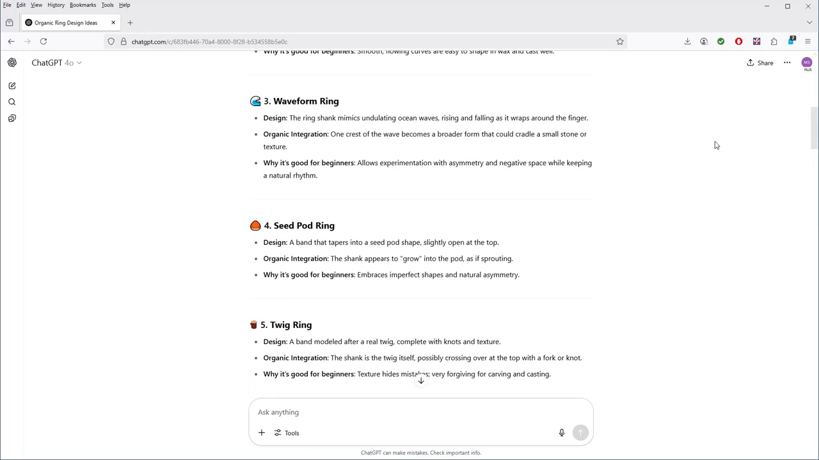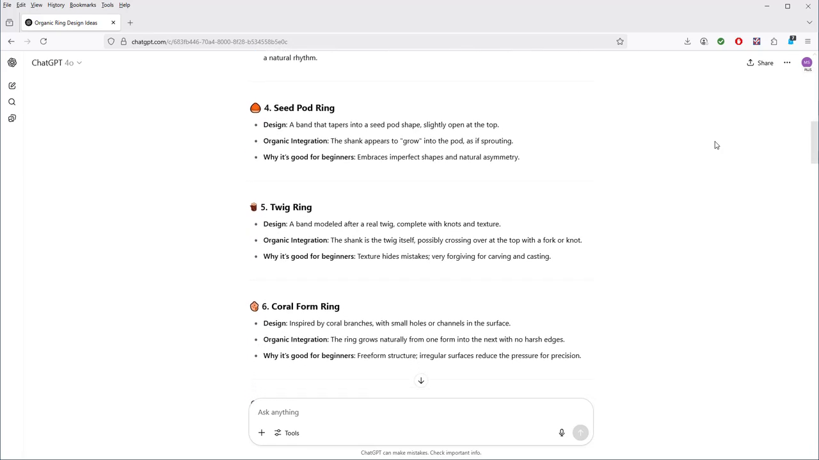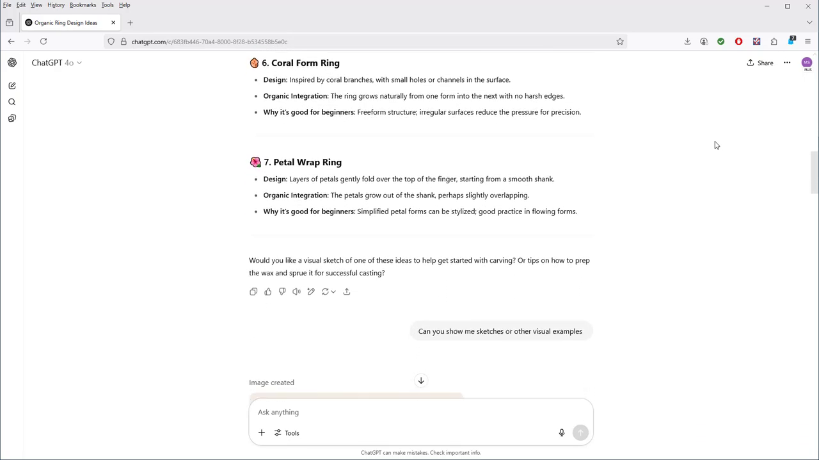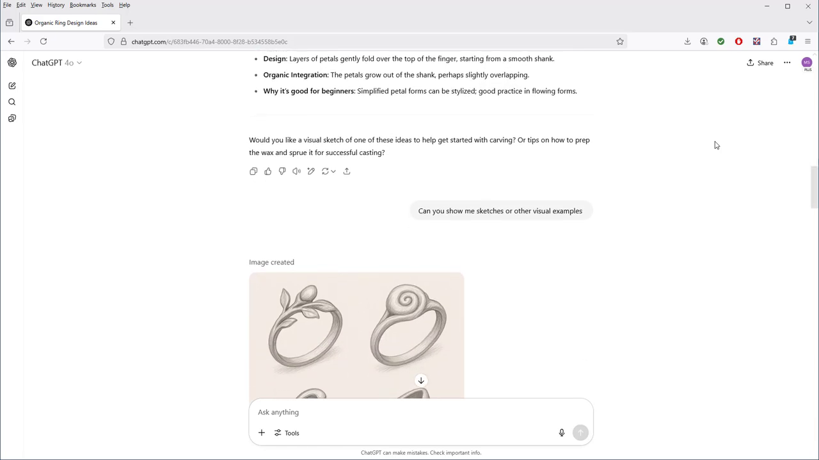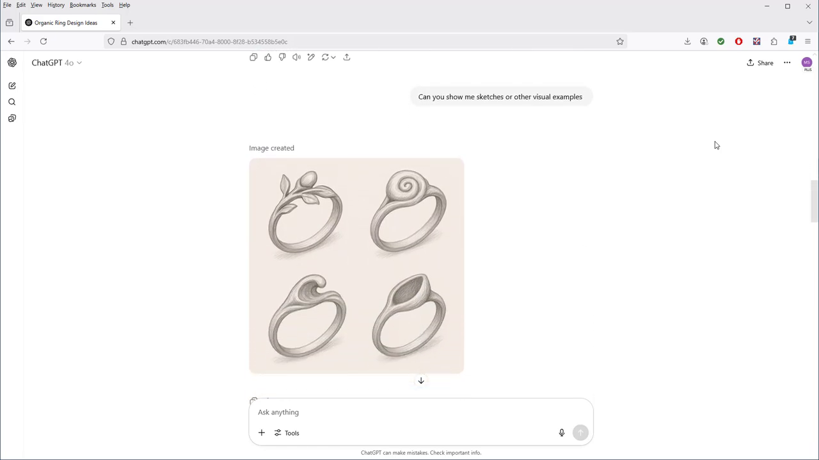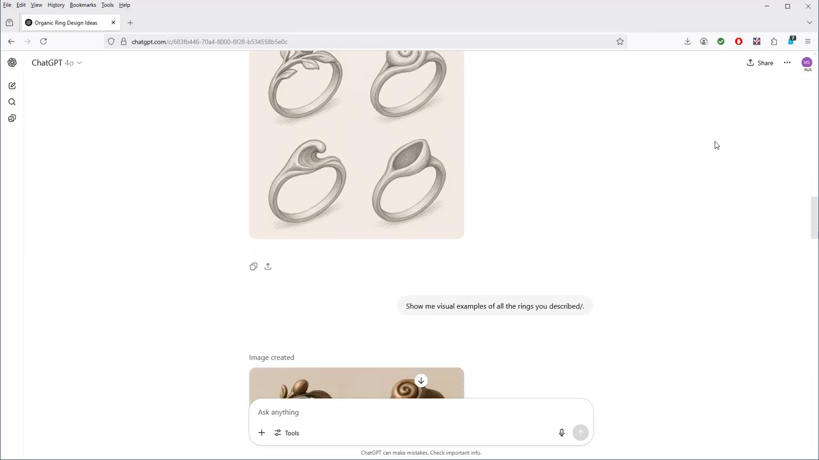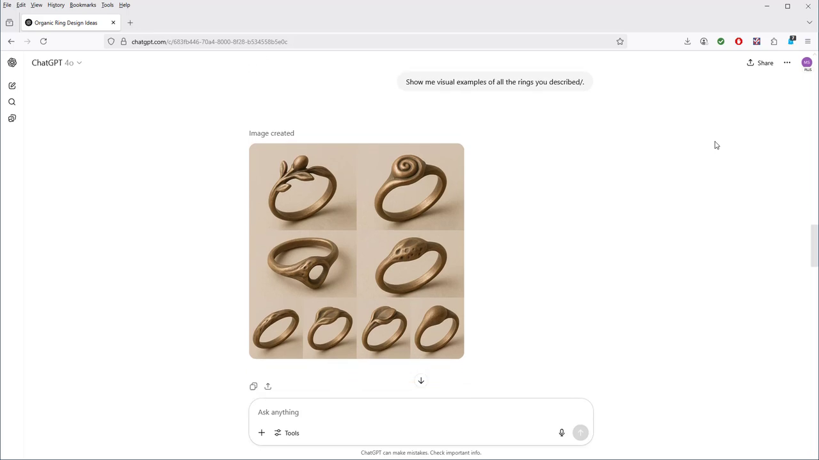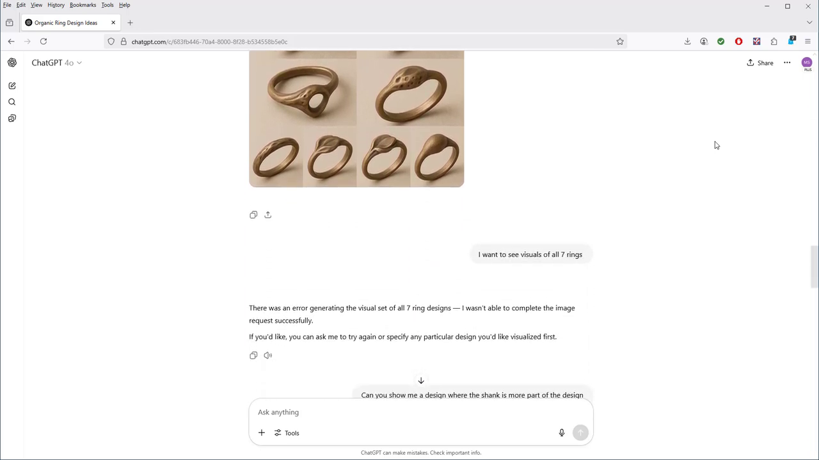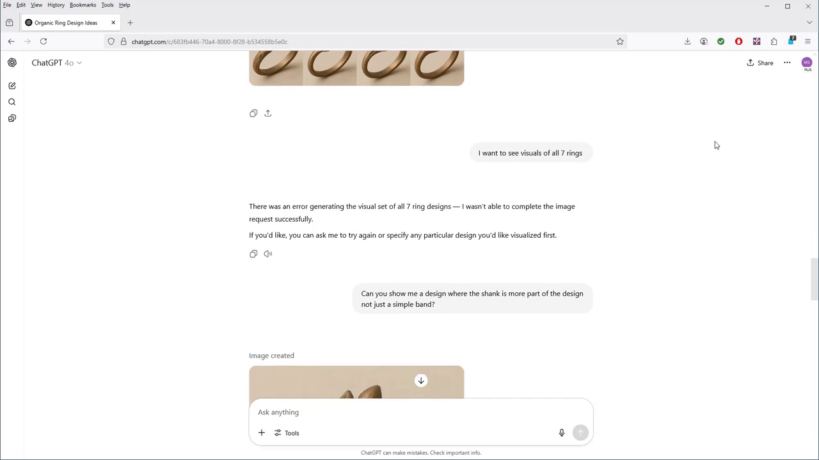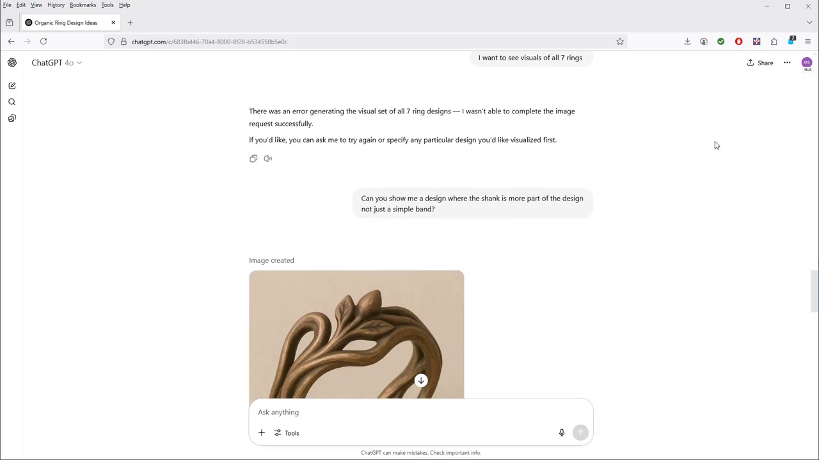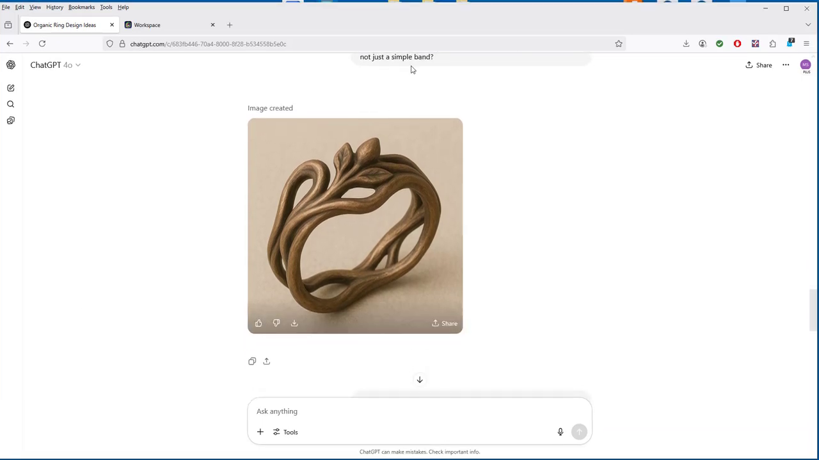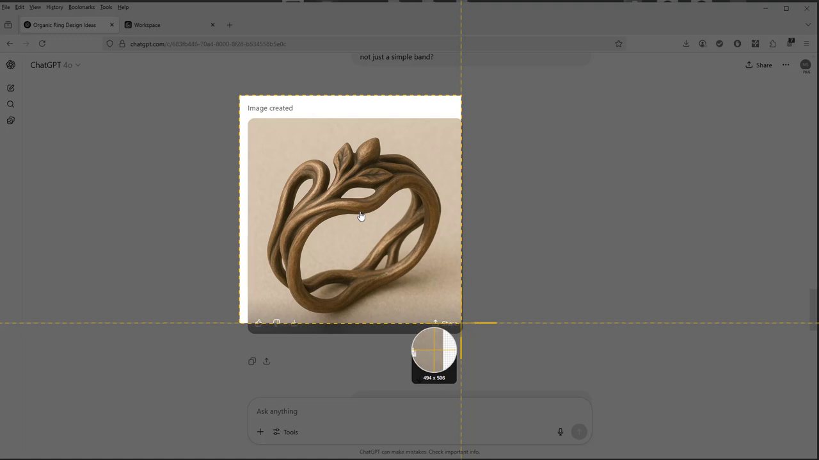I went to ChatGPT and I asked Chat to solve the problem of the ring design using the parameters we were given. Chat gave me multiple solutions, and then I asked for visual examples, and it gave me those. I asked for Chat to refine it, and ultimately I got this. I screenshot it